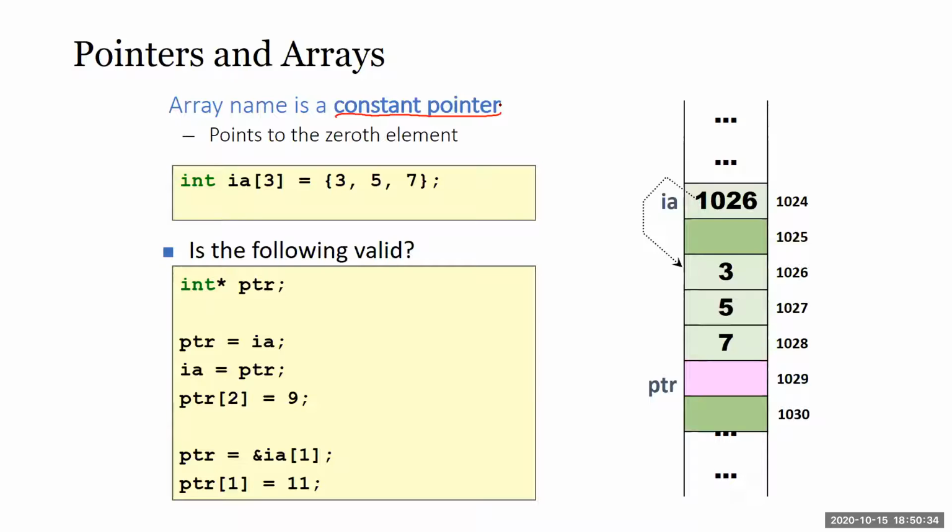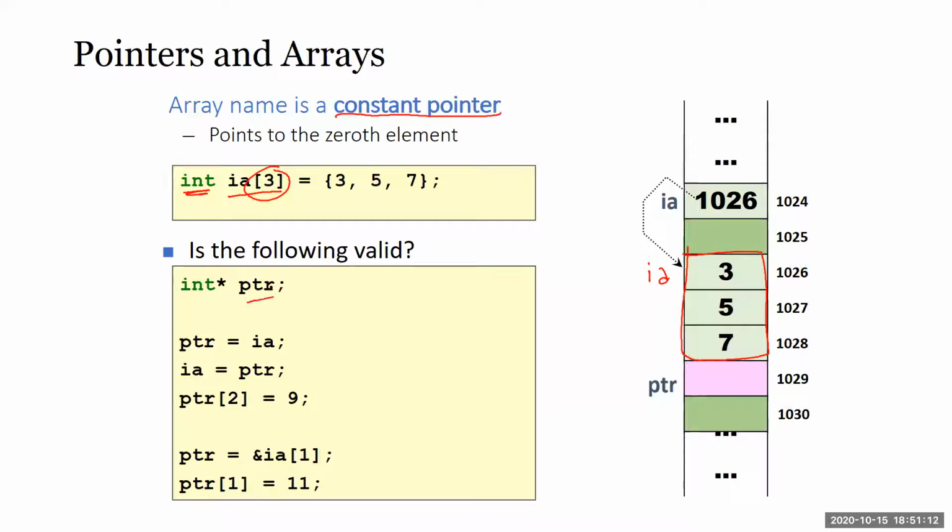So when you tell the compiler int ia is an integer array of 3 values, it will create ia like this. It does not actually create a pointer yet. ia goes straight into here. I think there's some alignment issue, but ia is actually this particular location.